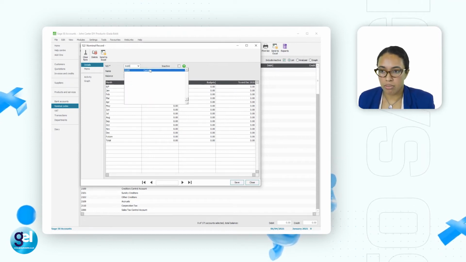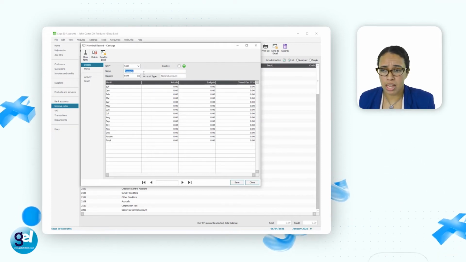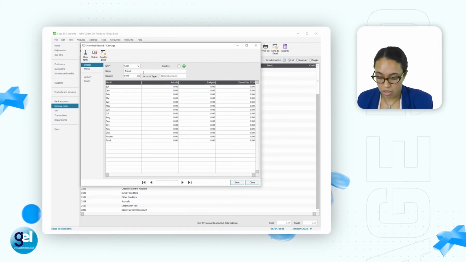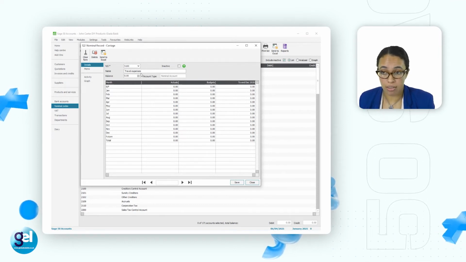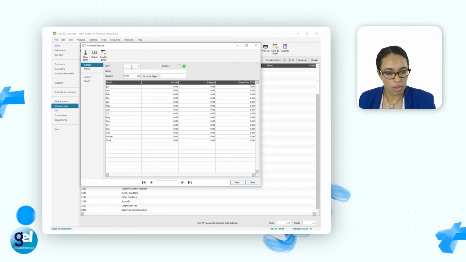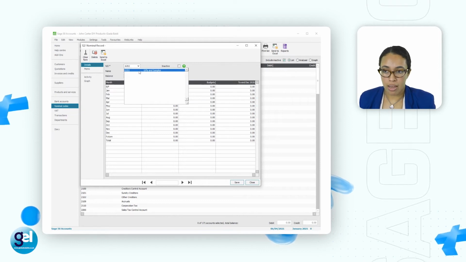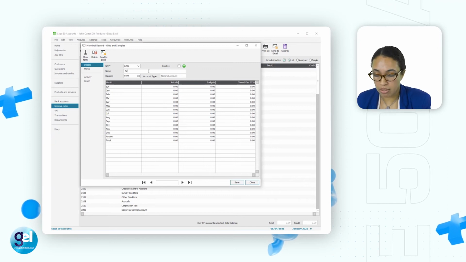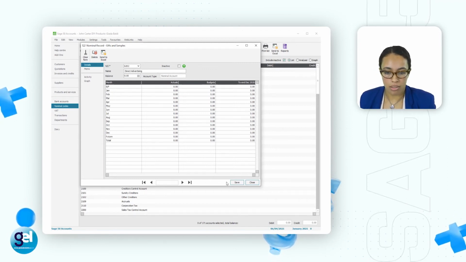5001. 5001 in Sage is carriage by default. We're going to change the name to travel expenses. Ensure that you type as you see in the task. And then save. And then 6202, it's already there, but it's called gifts and samples. We don't want that. We want direct advertising, and then save.